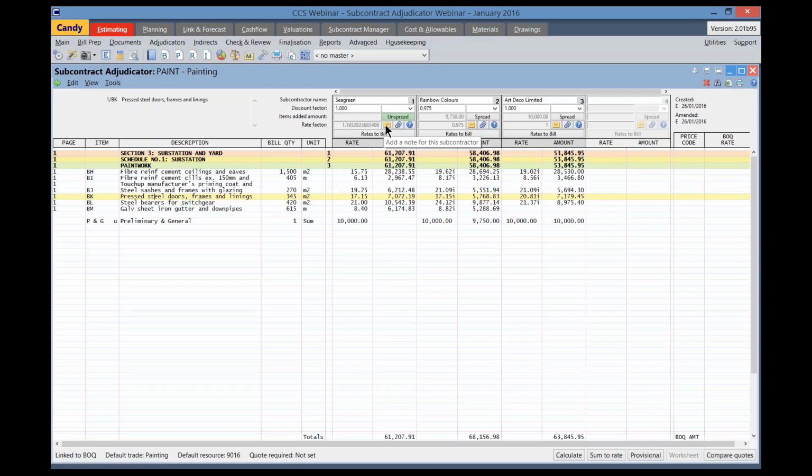To the right of that factor is the Add a Note button. You'll click on this button if you want to make notes against the subcontractor. This could, for example, be any price qualifications that were stipulated in his quote,